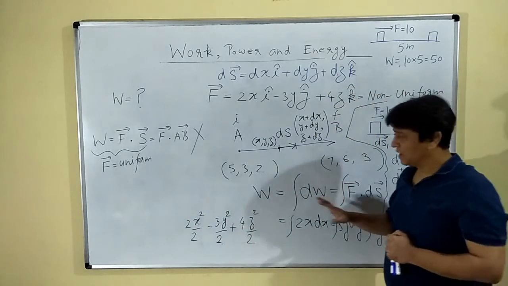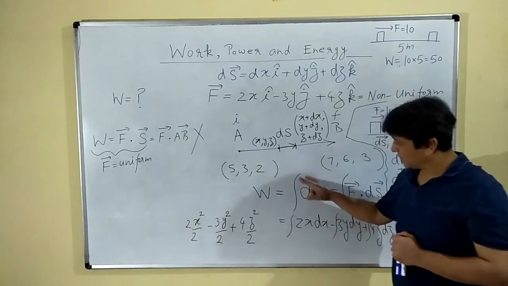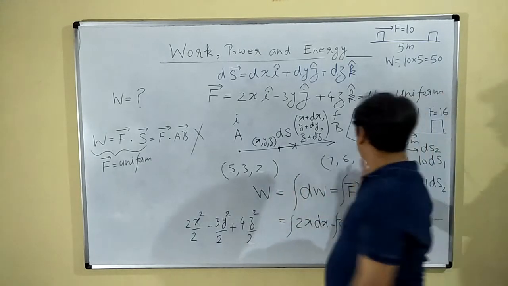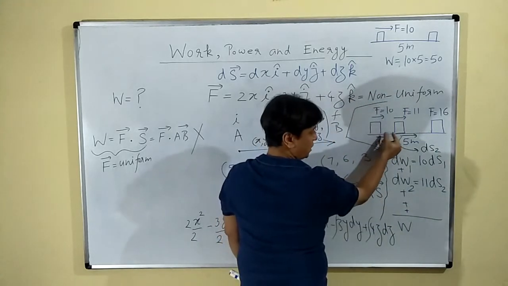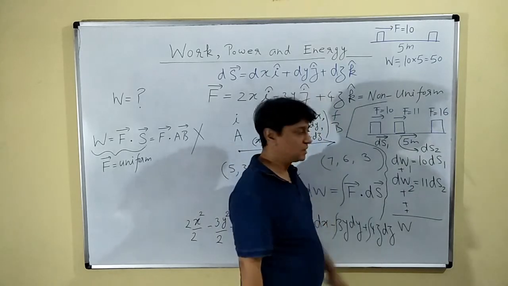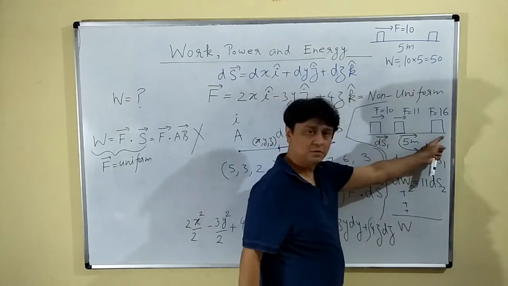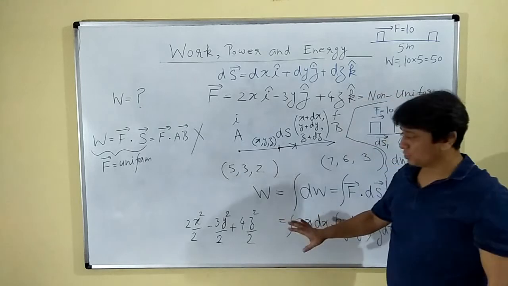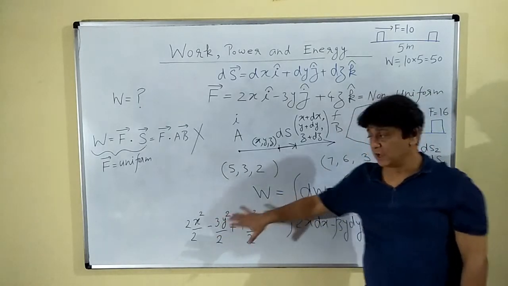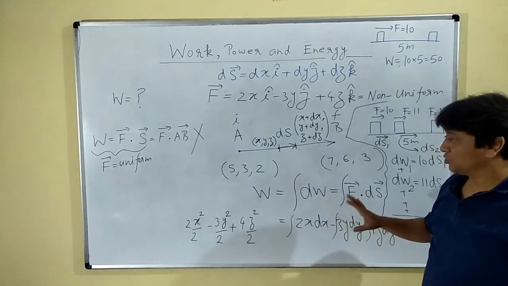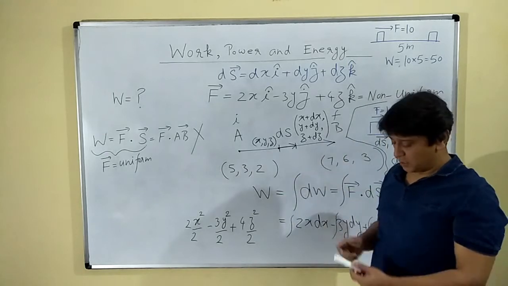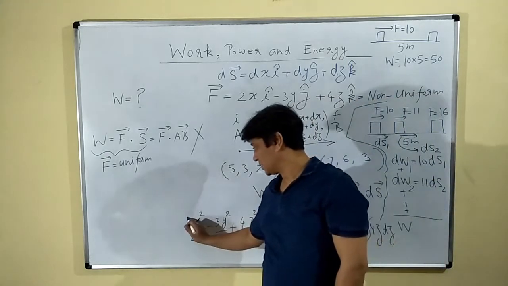क्या किया था हमने? हमने W फाइंड करने के लिए किस चीज को इंटीग्रेट किया है? dW. dW का मतलब क्या था? This work, this work, this work. कहां से कहां तक? From this point to this point. You need to tell this much equation, that integration should be done from A to B. When you say from A to B, इसका मतलब ये है